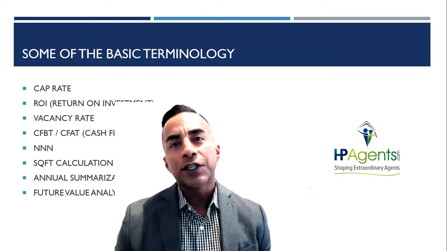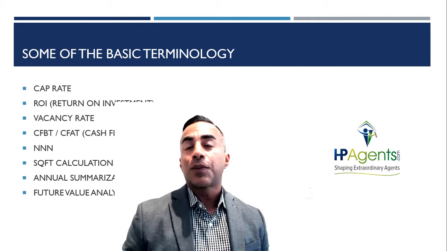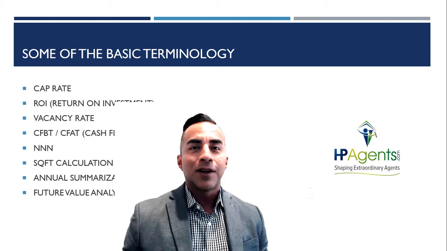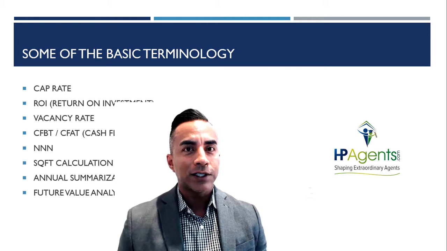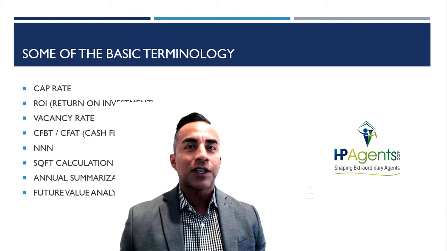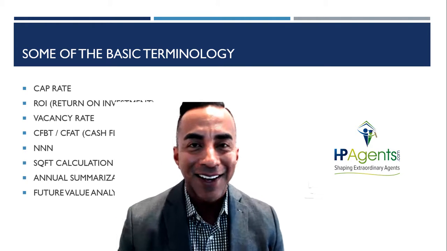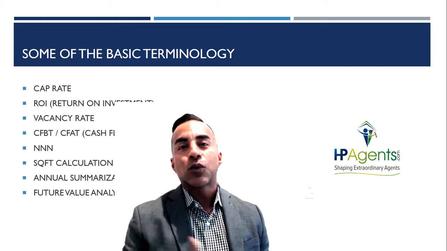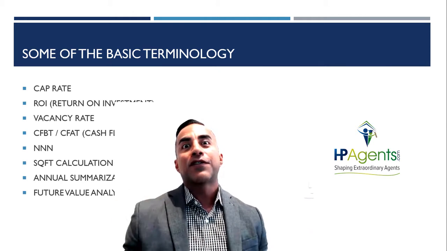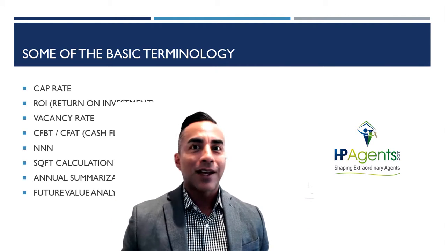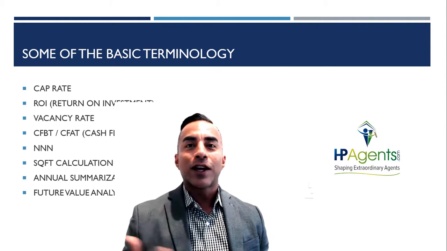Another is ROI, return on investment, which is super important to understand. Let's say, for instance, let's make it just simple. You bought it for $100. You sold it for $120. So you got a 20% ROI, return on investment. So you had $100, you made 120. Now let's make that a bigger figure, say you bought it for 500,000, and then you sold it for 600,000. So you got a 20% ROI. That's what they're looking for.